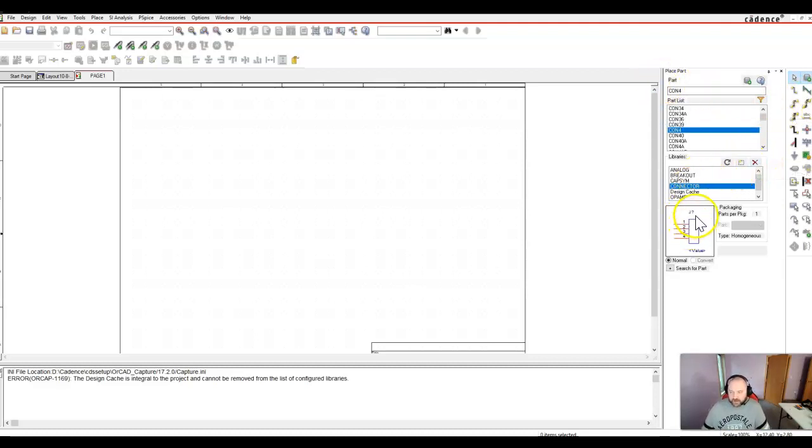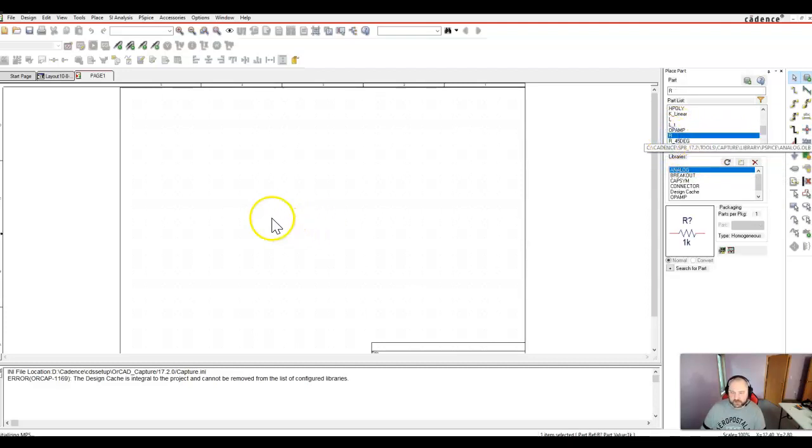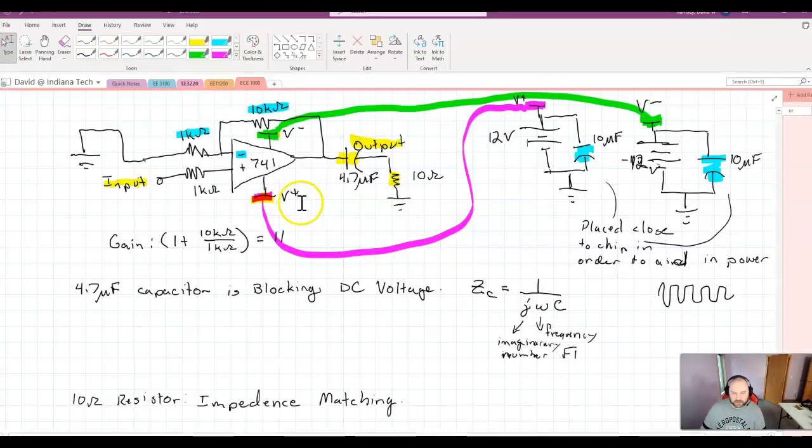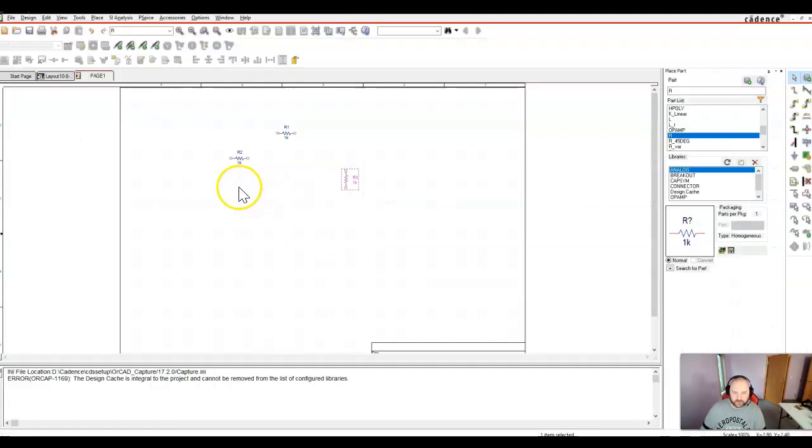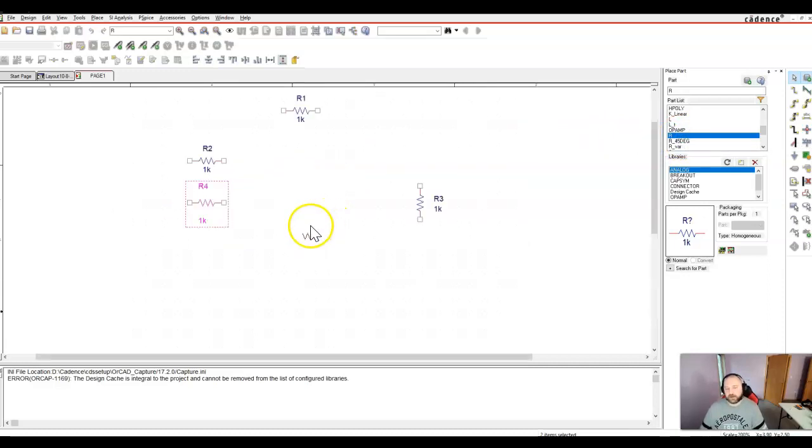Well, let's go ahead and start building this here. So I have 3 resistors, so I'm going to double click on my resistor and put 3 resistors down. I'm just double checking to make sure. I got 4 resistors. So let's make sure to put all 4 down. Let me zoom in a tiny bit. Escape. And now I have